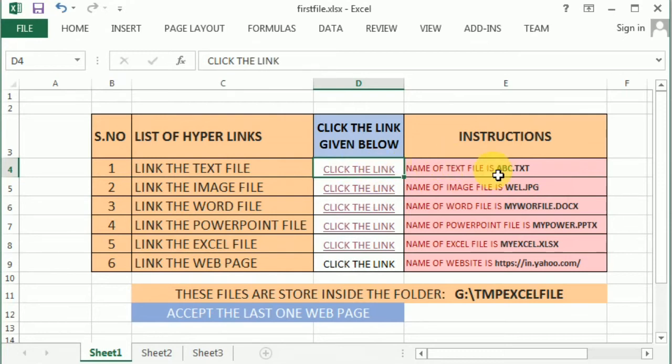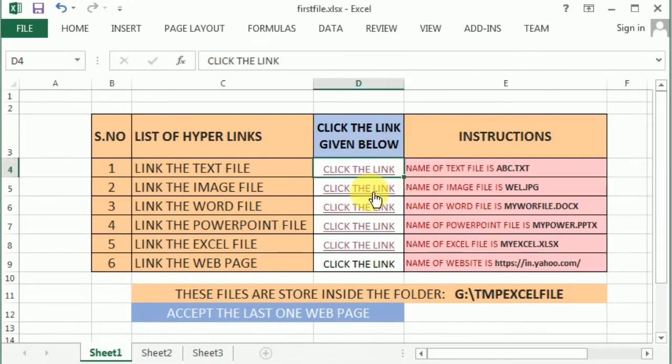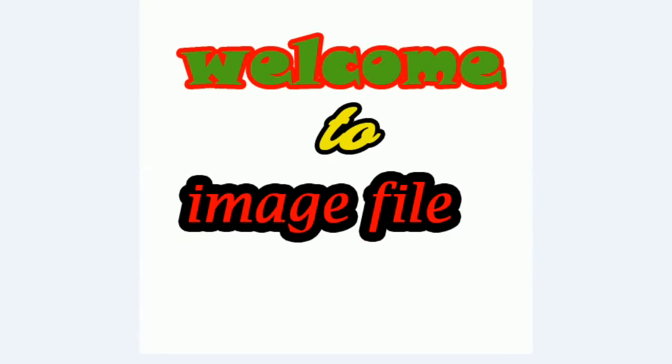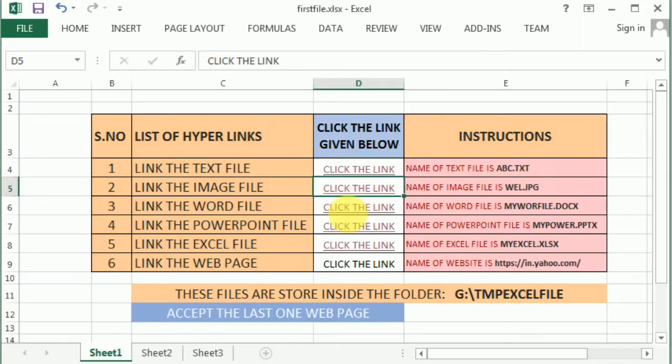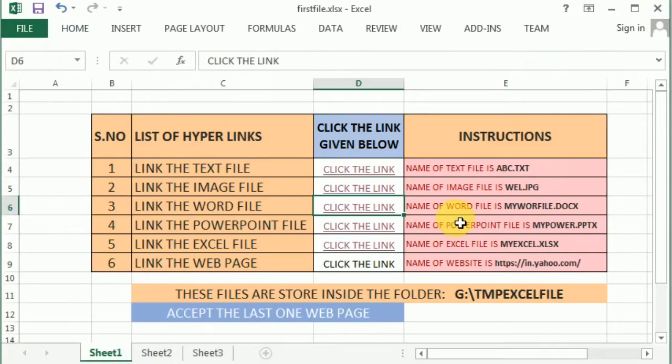Now when I click any one of them, like a text file, it will open the text file. If I click on an image, it will open the image file. If I click on a Word link, it is going to open the Word file. Like this, all the links are going to work.